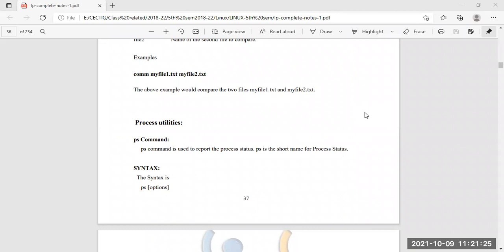No one has any answer? Sir, any program... yes, Siaram. Any program which is in the executing phase is known as a process. Okay, so any program that is in an executing phase is called a process, right?